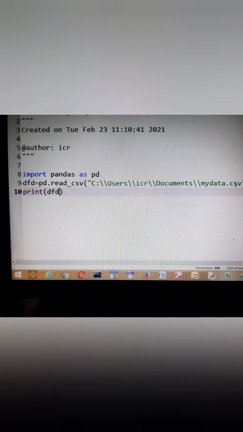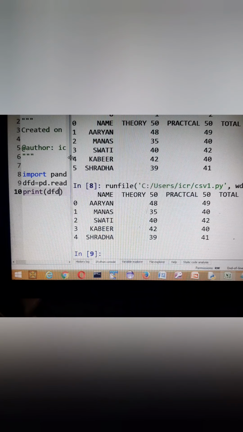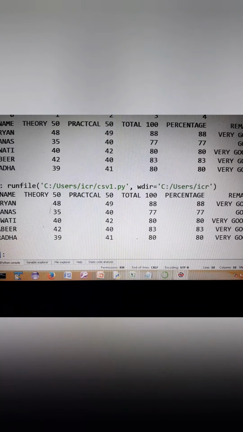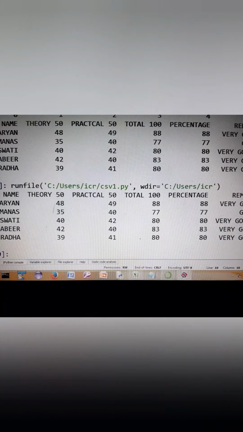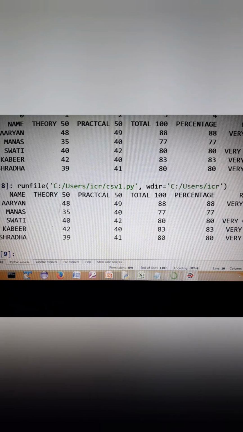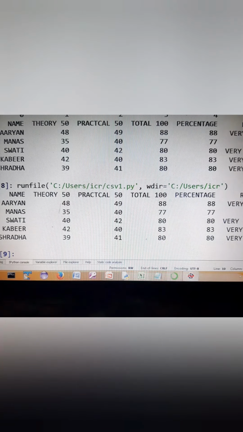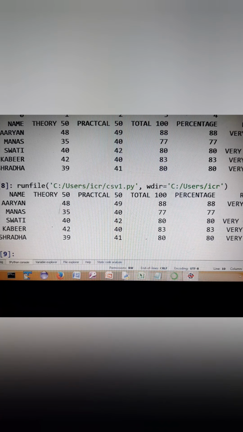So if I run it with F5, I am getting here the list of the records which were present in that file, and here you can see all the headings and everything have been given. Yes, but some things you can see are quite different, like 100, 88 and 50 and 48. CSV files are unpredictable in how they pick up the data. If you want the headings to be given according to my choice, then in that case what you should